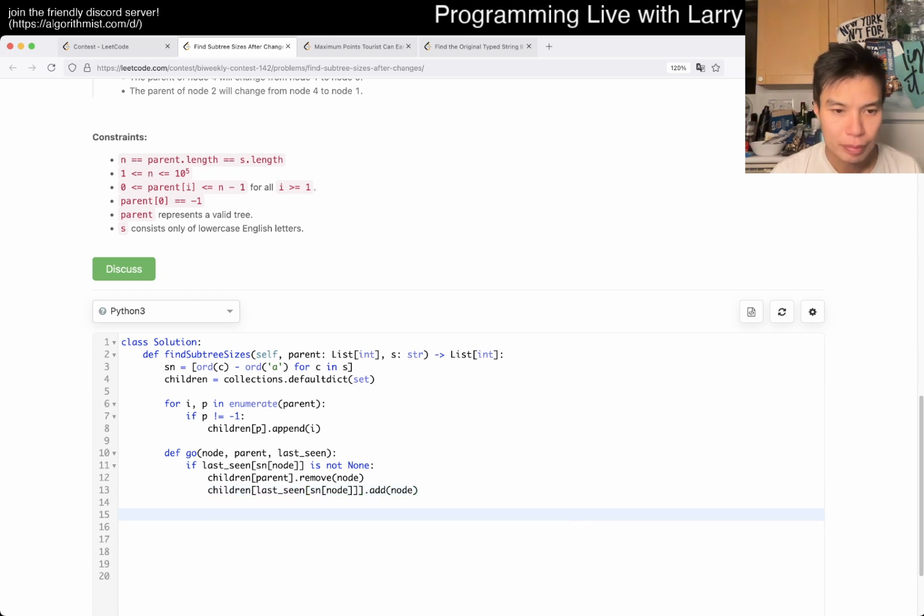Okay, and then now previous is equal to last seen of node. No, last seen of Sn of node.